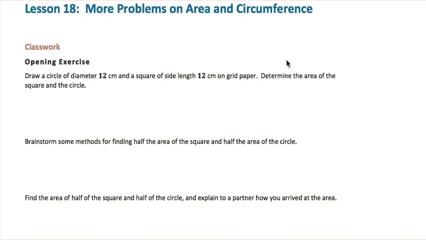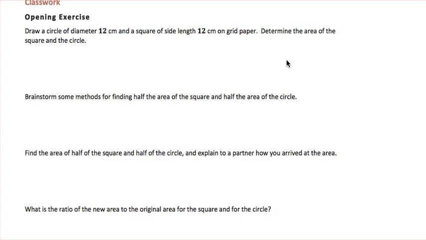In Module 3, Lesson 18, we're going to solve some more problems on area and circumference. So in the opening exercise, we're asked to draw a circle with a diameter of 12 centimeters and a square of side length 12 centimeters on grid paper, and then determine the area of the circle and the square. I'll leave drawing the circle on the grid paper to you, and we'll calculate the area of the circle